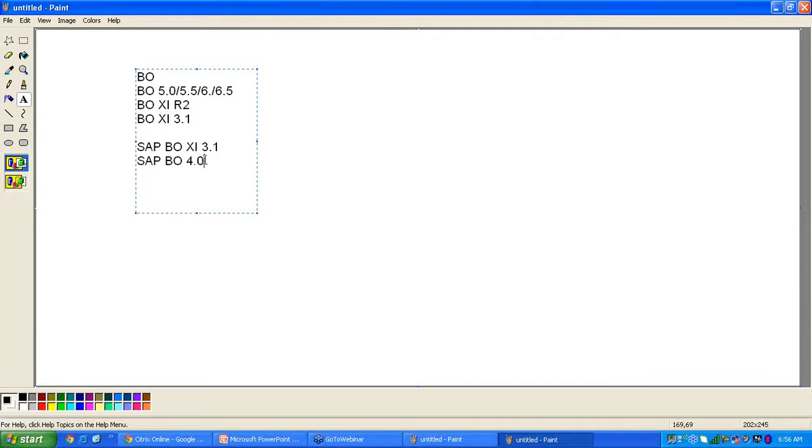Now BO 4.0 is integrated with the BW tool directly. So these are the different versions we have.